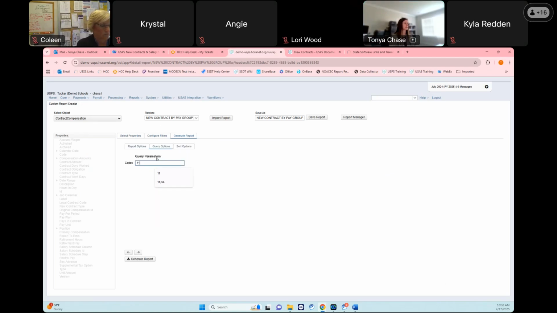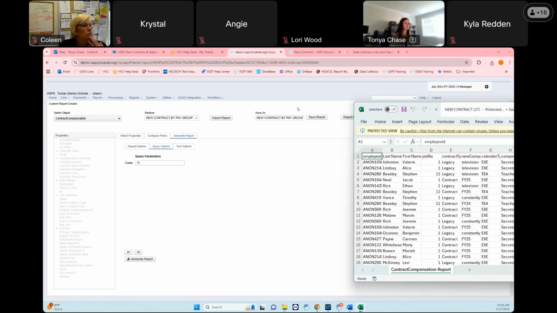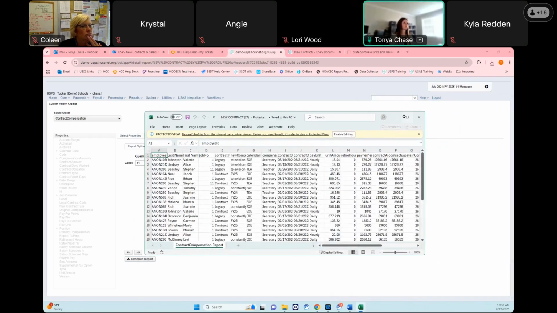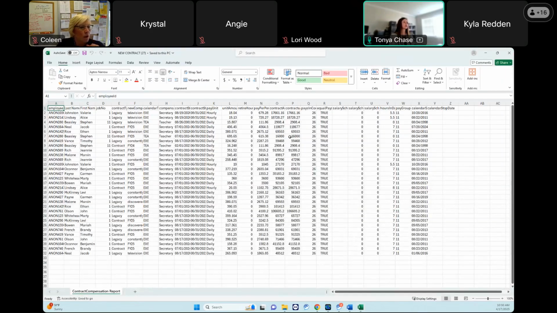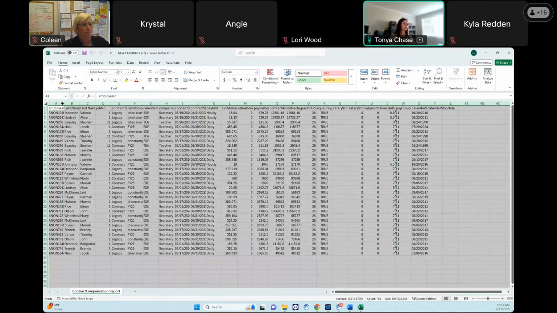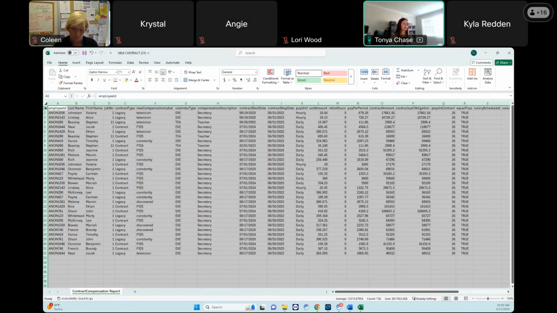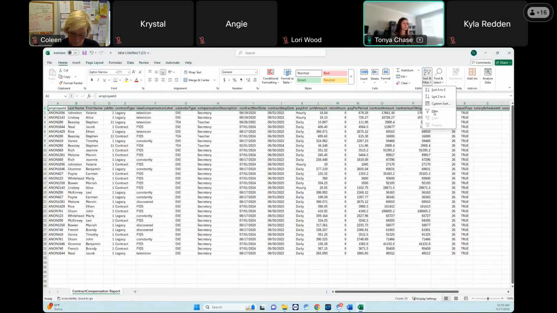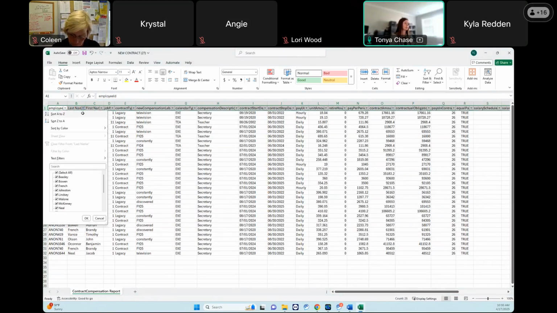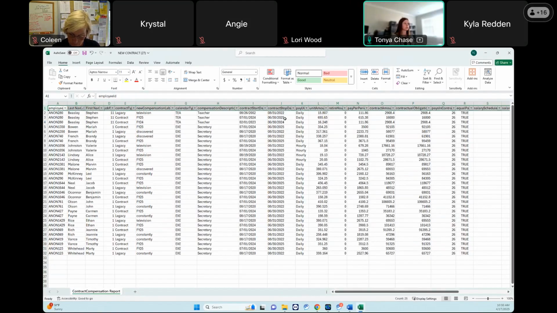Okay, so I'm going to run this for pay group 11. I think it's going to generate in Excel. And move this over so we can see it. So it pulls out what's currently in the system. From here, it's Excel, so I can throw some filters on here so I can sort it by last name or anything I want to. So if I want to sort it by the label,